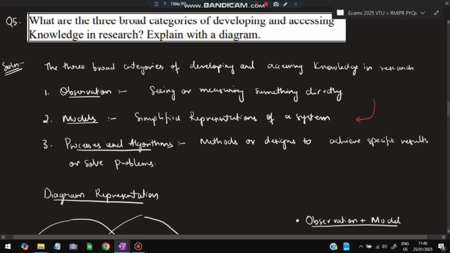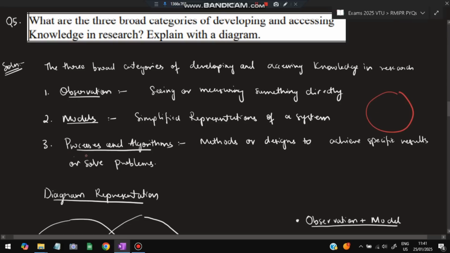The different forms of model can be mathematical equations, graphs, or statistical models predicting the growth or the behaviors and the relationship between different variables. An example can be using a formula to predict the speed of an object based on distance and time. You know the distance time graph, right? Time will be present here and this is the distance, how much distance is covered in what time. So based on this model we can get to know the speed of the object.